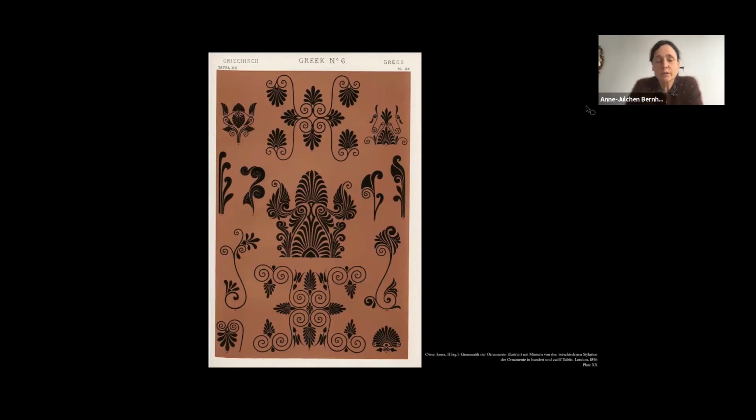I'm showing examples of the super beautiful plates of the Grammar of Ornament from Owen Jones, who ordered the ornaments in a chronological way, taking parts out and describing the ornament in the emblems and the way they are constructed in a very scientific way.